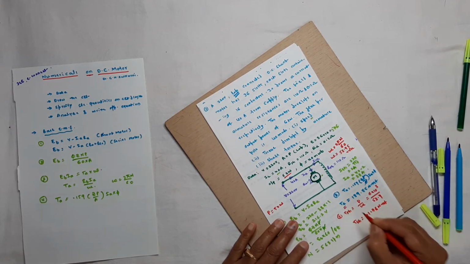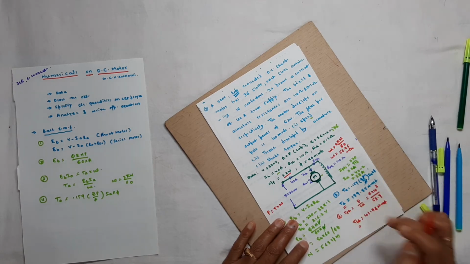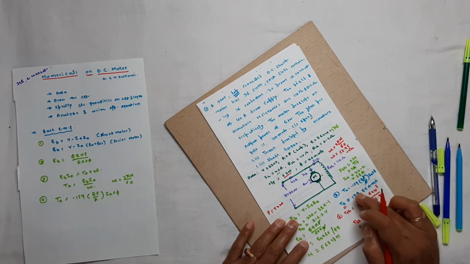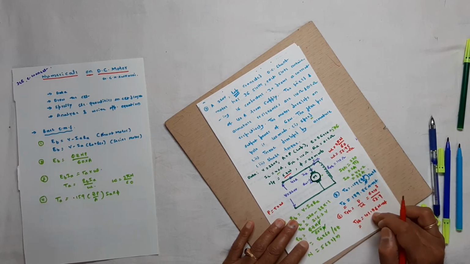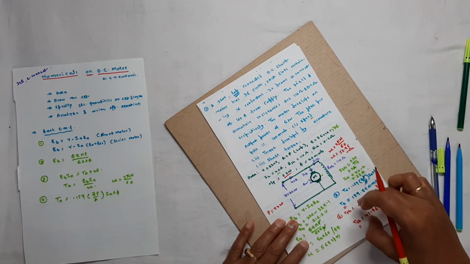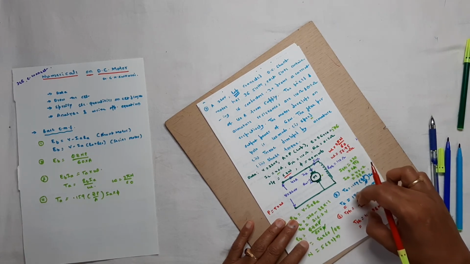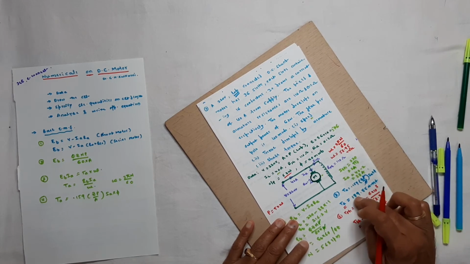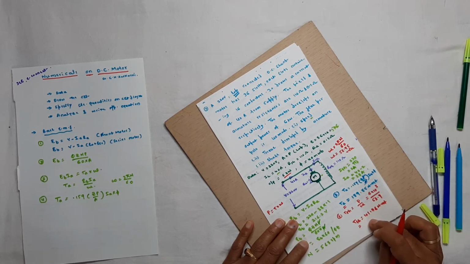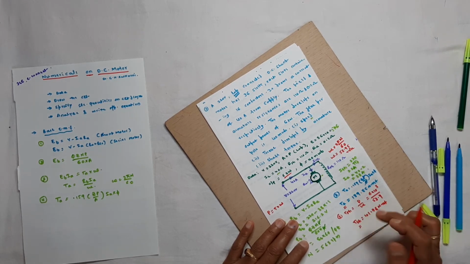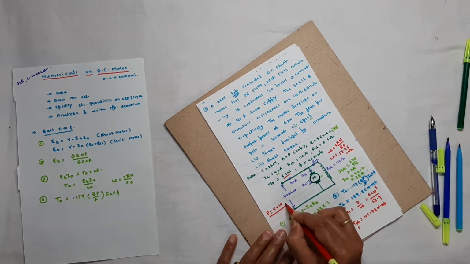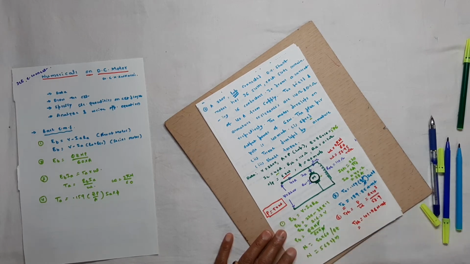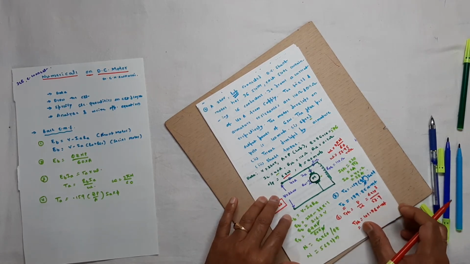Just look at the values of TA and TSH. TA is the actual torque developed. TSH is the torque we are getting for utilization. There is a difference of 139 minus 101. That is lost in the friction and the bearing, the loss of torque in the machine itself. Because of the loss you are not getting the full 139 outside for utilization. It is getting less than that. The standard formula you have to use is P is equal to T into omega, and from that you find the shaft torque. This is how you have to solve the numerical.